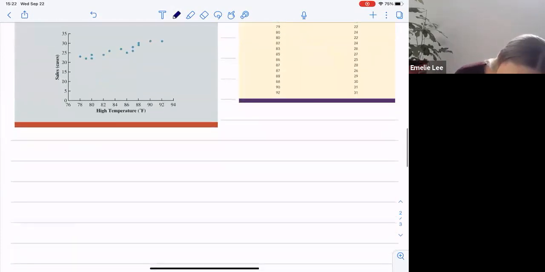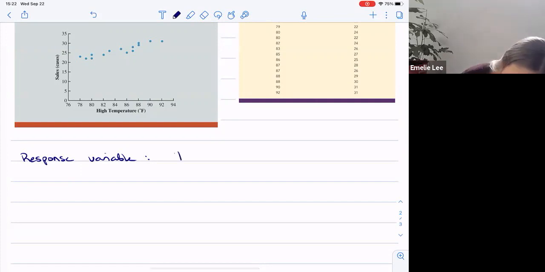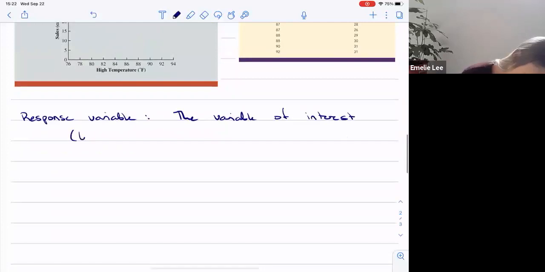The response variable is the variable of interest, the variable that we're most interested in, and how does it depend